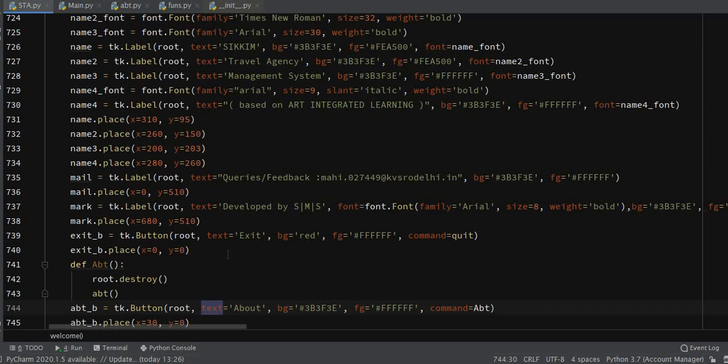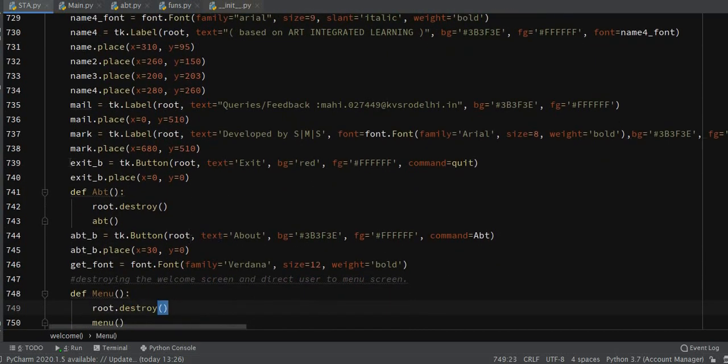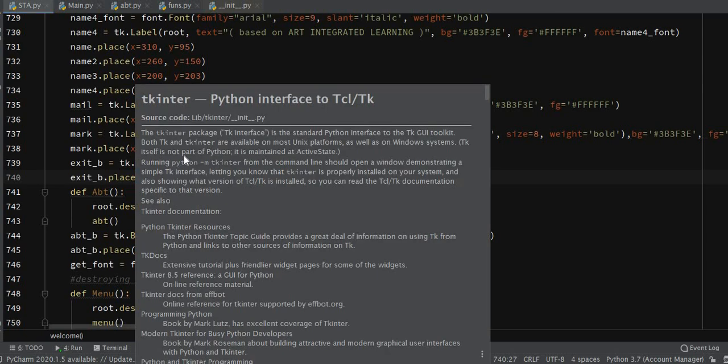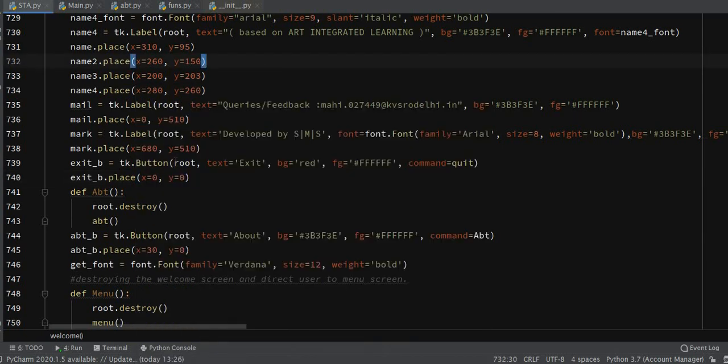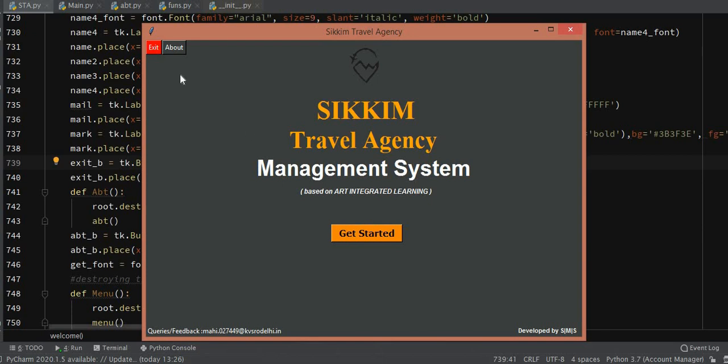Okay, so first we are gonna very easily go for the exit button. Let me show you where's the code. Yeah. So first let's discuss the exit button. For a button you have to use the Button function from tkinter. Then you have to use the parent window name, that is root. As I said, it is compulsory for all the functions and for all the objects you are using in your window. So you have to specify that. And then the text that your button is going to display, that is Exit, as you can see here.